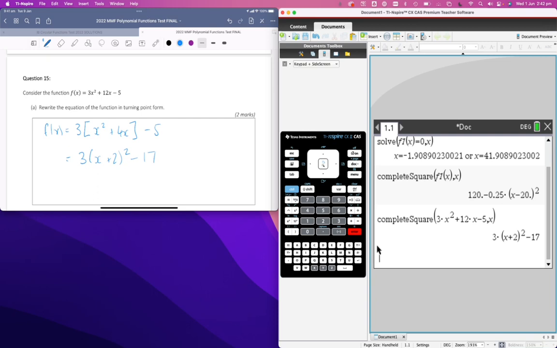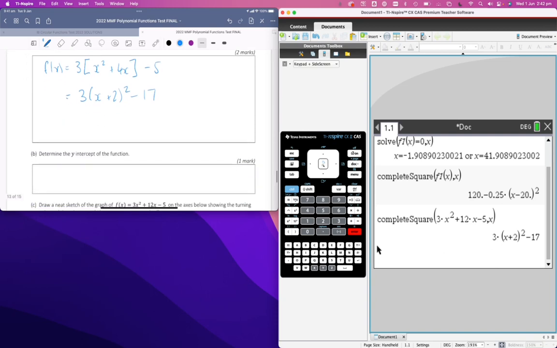Okay, part B says determine the y-intercept of the function. So that's pretty straightforward, I think. I can substitute x equal to 0 and I can solve it. But you know what I'm going to do? I'm going to go back over here to my calculator. And this is one of those times where it was a 3-part question and I went straight into completing the square with this, when really what would have been better is if I'd gone F2, because I've already used F1, F2 of x,